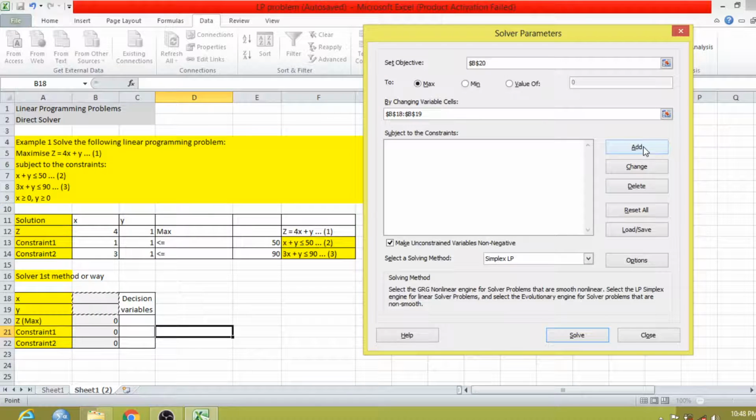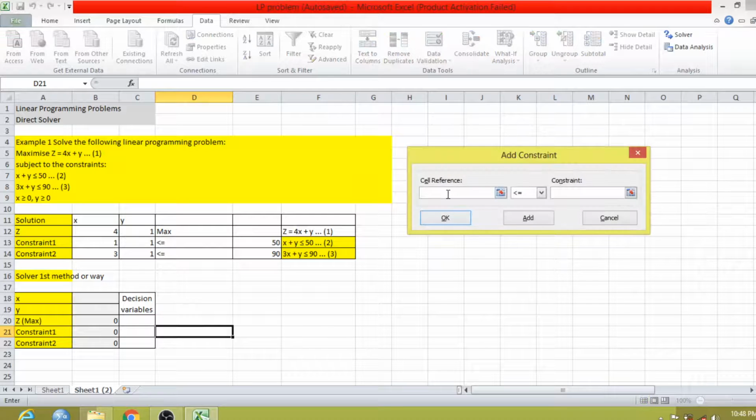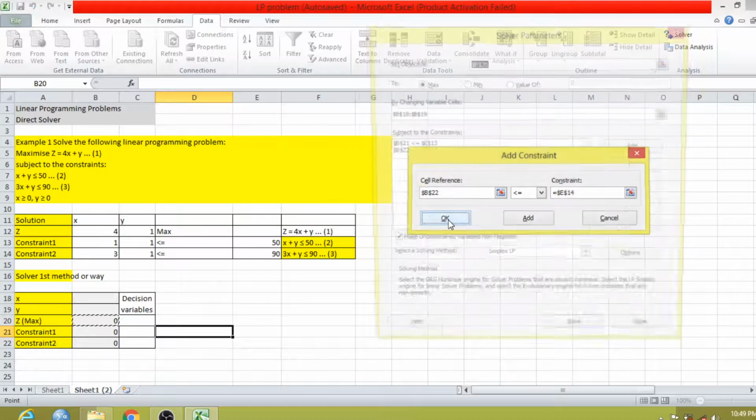Now we will add our constraints. First we will click on cell reference. Here we want the value of constraint 1. Now we will see the sign: less than or equal to, or greater than or equal to. Here both are less than or equal to, so it is okay. Now our constraint value is 50. Now we have another constraint, so we will click on add. Same again, we select this, sign is okay, 90. Now we have only two constraints, so I will click OK.